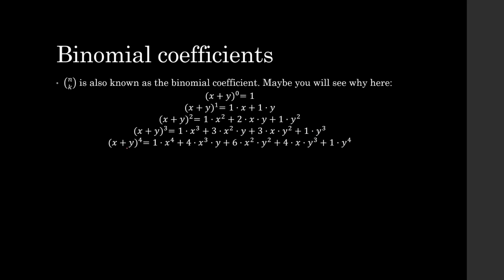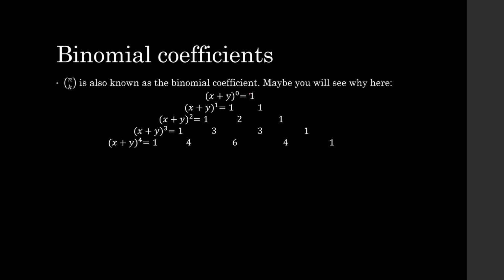And I can keep going, with the power of 4, and I can do this by FOILing out, which is 1 times x to the 4, 4 times x cubed times y, 6 times x squared times y squared, 4 times x times y cubed, and 1 times y to the 4. And so if you don't already see it, I've kind of spoiled it by moving forward. But if you don't already see the connection to Pascal's triangle, it might be easier for me to first remove all these x and y terms. And once I do, and I only keep the coefficients,